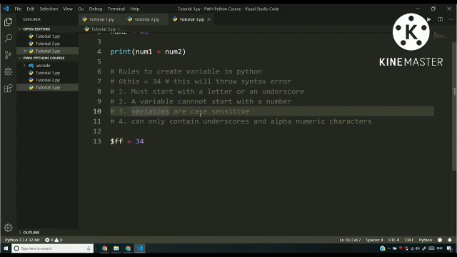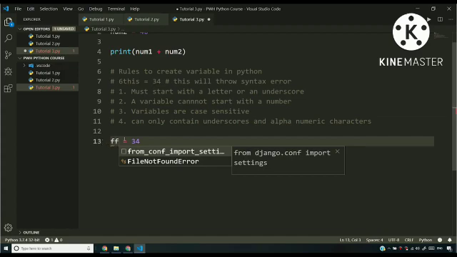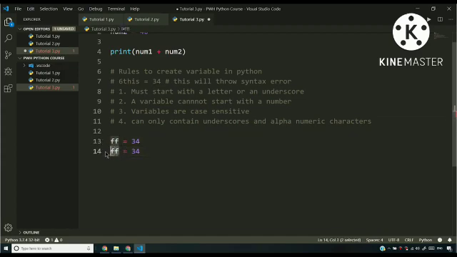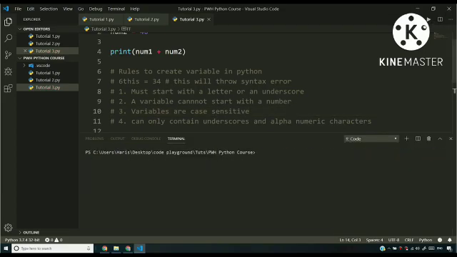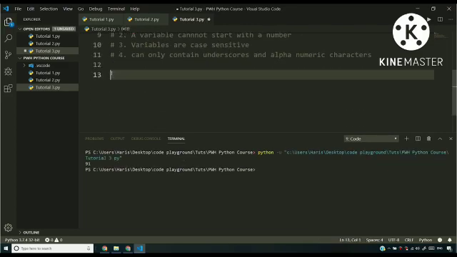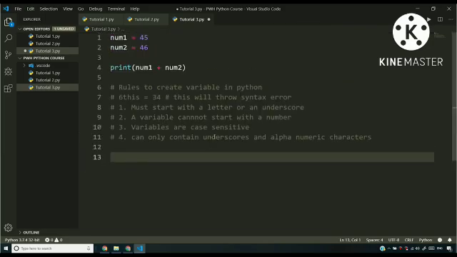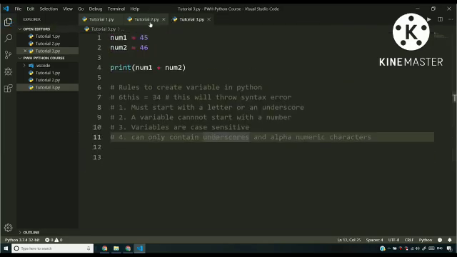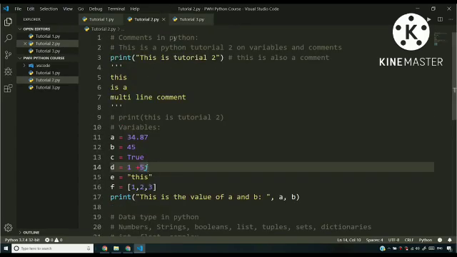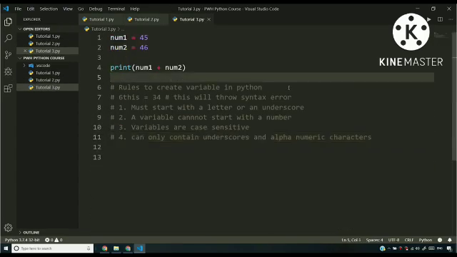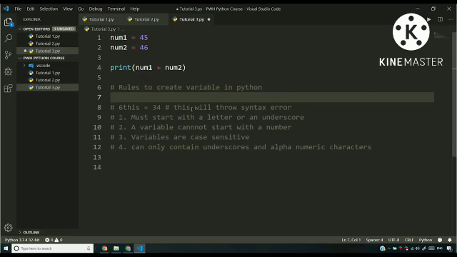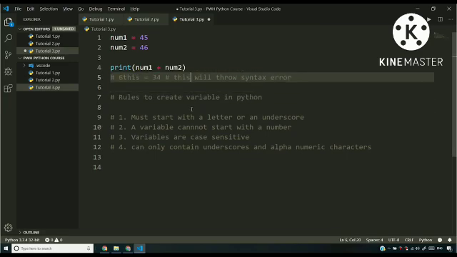Coming to rule number 3, variables are case sensitive, which means if I say small ff is equal to 34 and capital FF is equal to 34, then small ff and capital FF, these are totally different variables. So these are the rules for creating variables in Python. They need not be numbers. I did not tell you about this in tutorial number 2 on variables, so I'm telling it now. So you must make sure that all of your Python variables are set